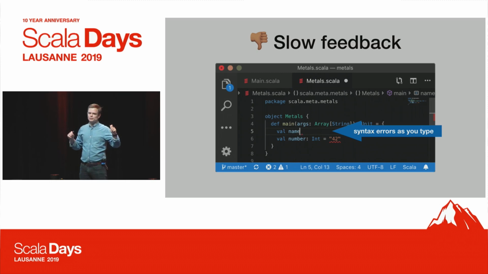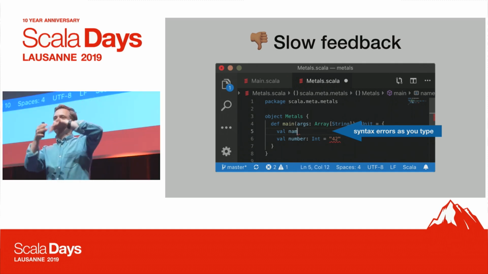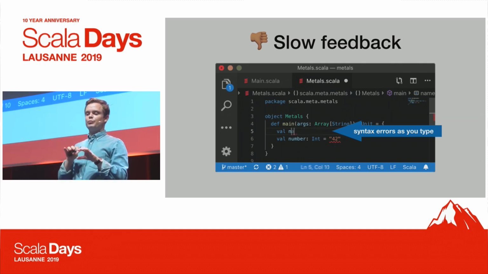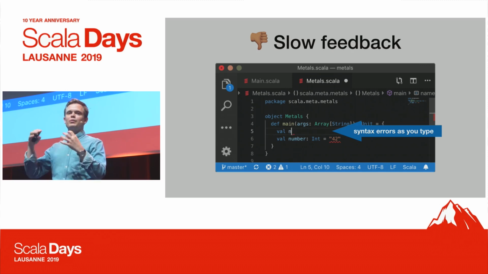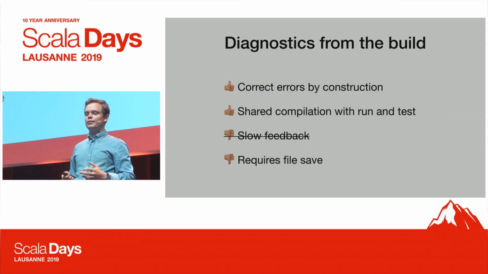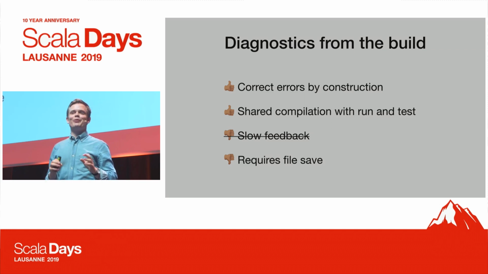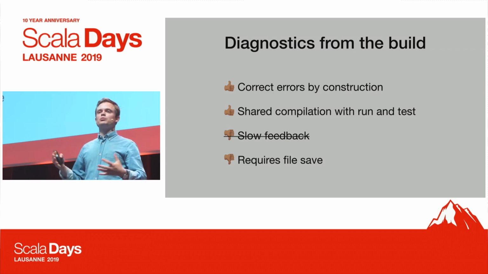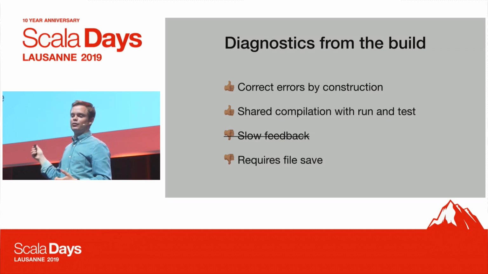The trick that Metals does is that it's able to work really well with an old snapshot of a file that has a type error, and then we get new syntax errors, and we have to compute how they align into the new file. Once we get that working, you're able to get pretty snappy feedback as you're typing while keeping very stable type errors. So I think this also helps a lot with the slow feedback. I'm not going to claim it's a solved problem. It's probably still slower than what you're used to. But for me personally, in the projects I'm working on, which are small to medium size, it's pretty good. And it has those really nice attributes of correct errors by construction and shared compilation with run and test.